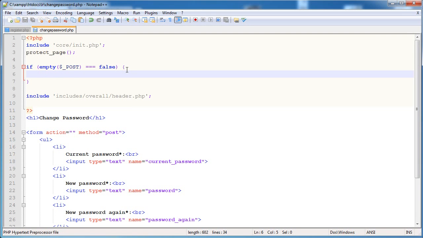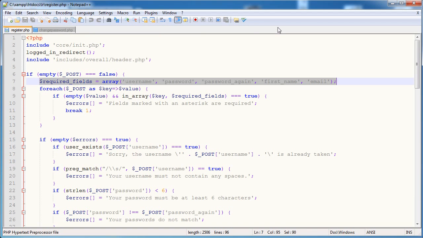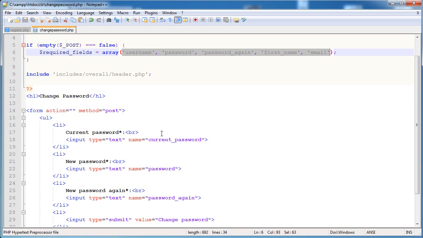Now we're going to define some required fields, so we're going to do exactly as we did here. In fact, I'm just going to copy it and paste it. It makes it a lot easier. So required fields equals array, and we have an array of required fields. Now which fields are required here? All of them. So let's go ahead and say current password,